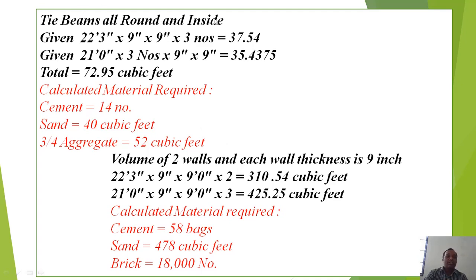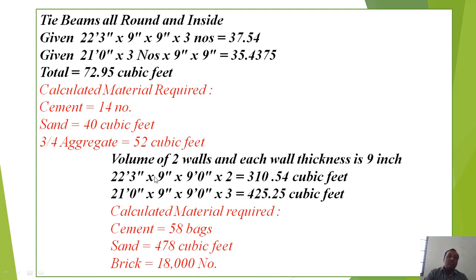Then tie beam all round and inside, the given things are 22 feet 3 inch by 9 inch by 9 inch, 3 numbers. Then 21 feet length of beam, 3 numbers, 9 inch by 9 inch, then the total quantity is this much, and the calculated material. Then volume of walls, and each wall thickness is